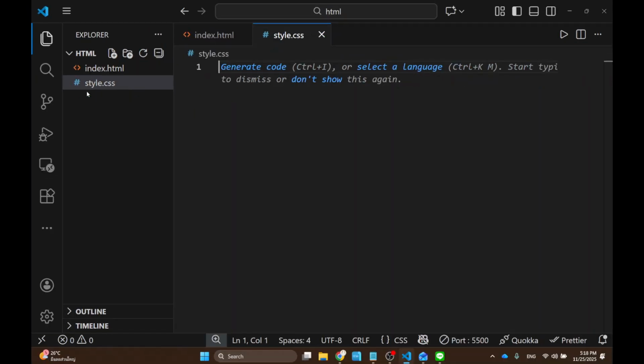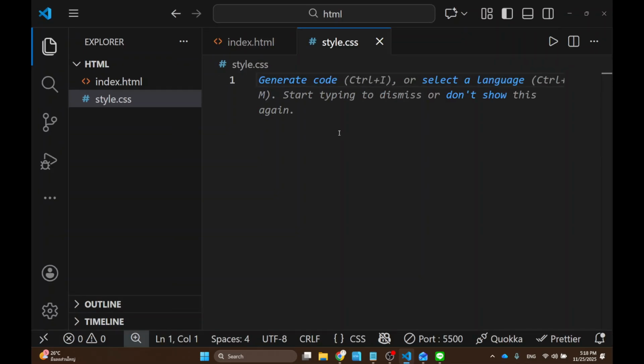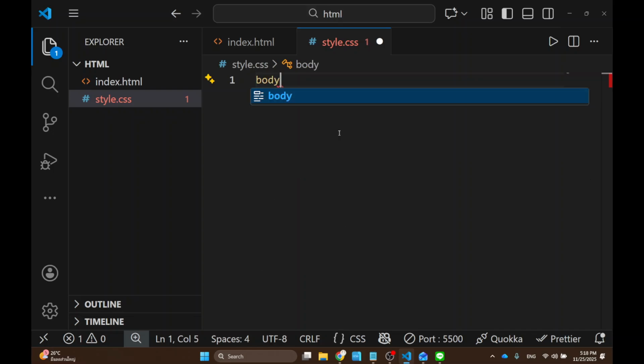Okay? Once you're here, can you try this with me? I'll explain later, but I just want you to see if it actually works or not. Can you type this with me? Body. Okay, and type